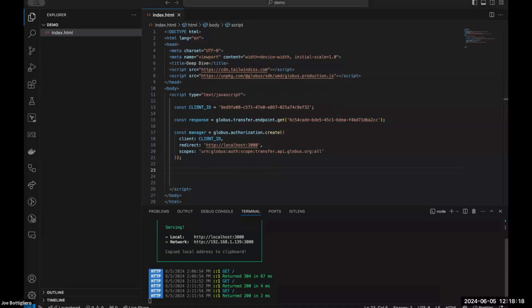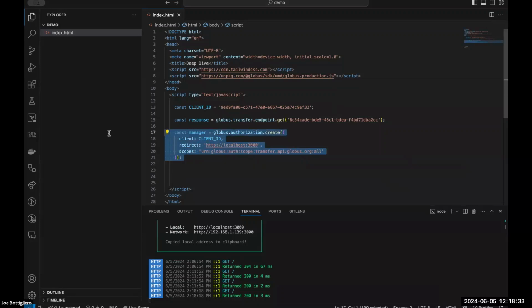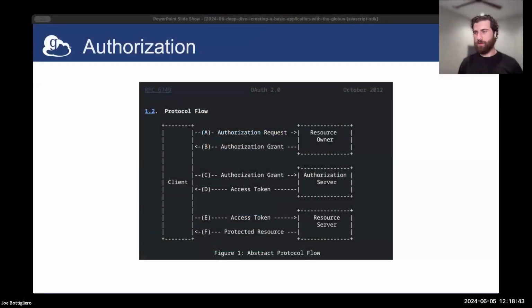I can refresh our page here and we'll see nothing happens beyond that initial request we were already making as far as the error status changing, or even just the application changing at all. So really, we're just setting up the manager to process the OAuth handshake. Let's talk a little bit about what this OAuth handshake is going to look like and how it's going to be processed. The OAuth handshake is between the public client, which is going to be our application, and